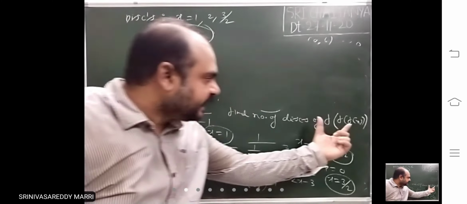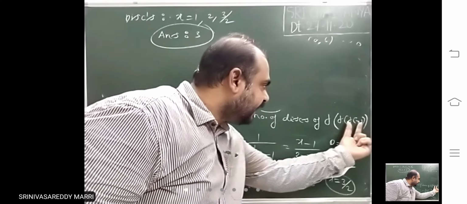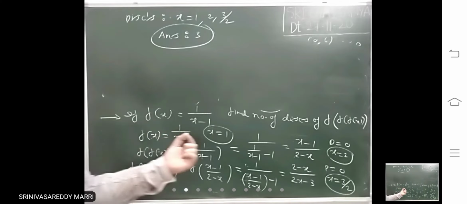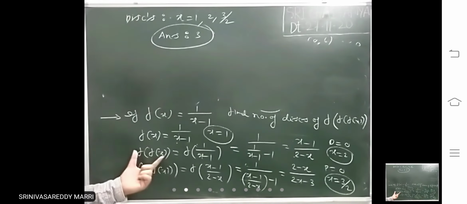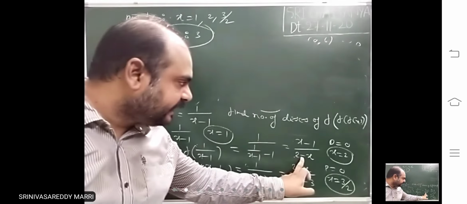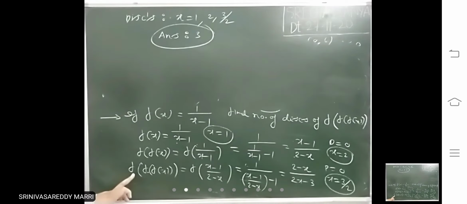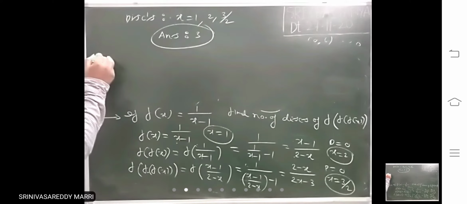Like that, simple, it is given like this. First, for the last f, denominator equal to 0. Next add one more, calculate this, denominator equal to 0, which gives 2. Next add one more, calculate this, denominator equal to 0. That means 3 discontinuities will be there. Look at the next.